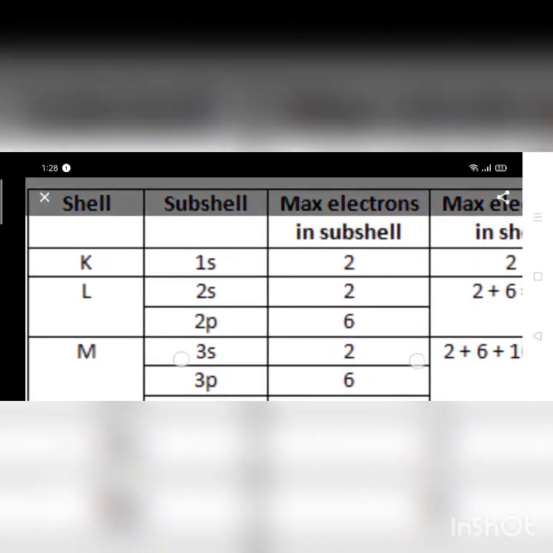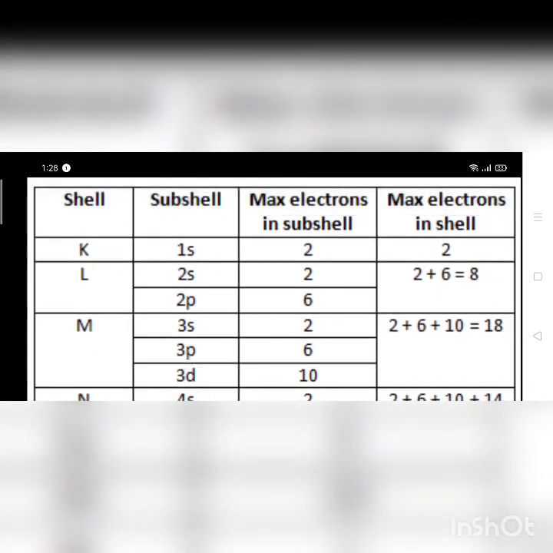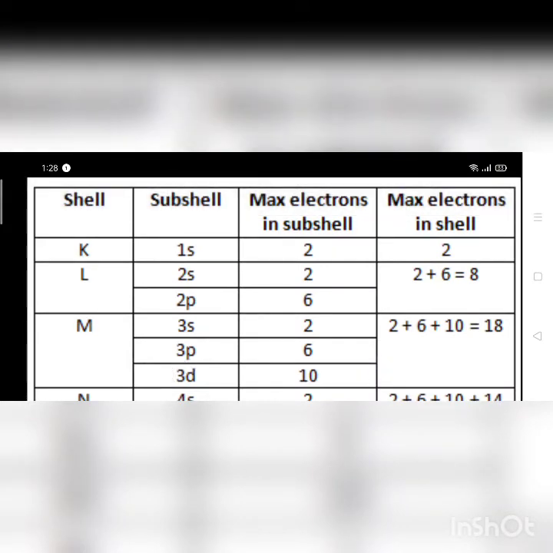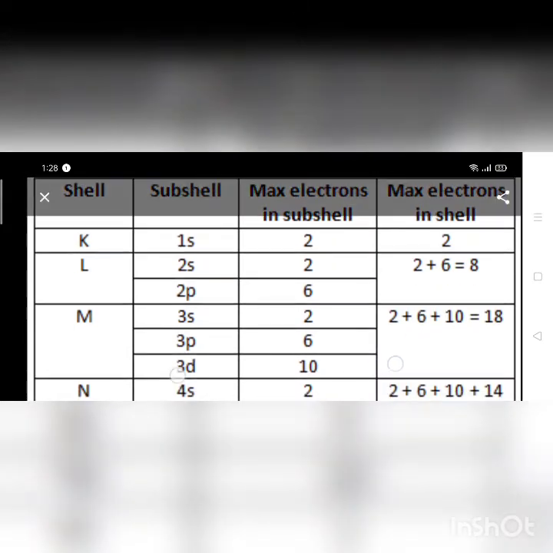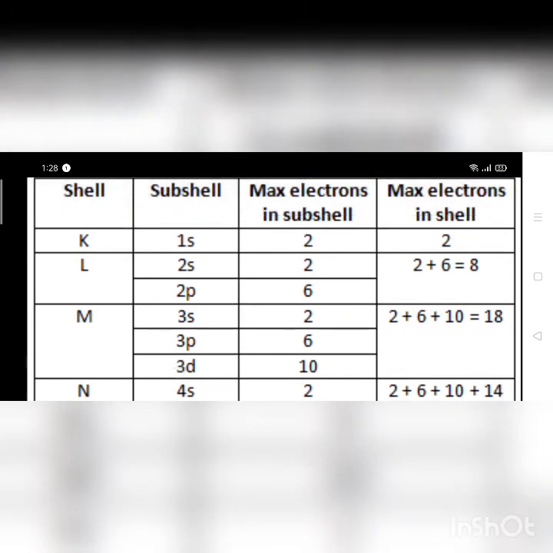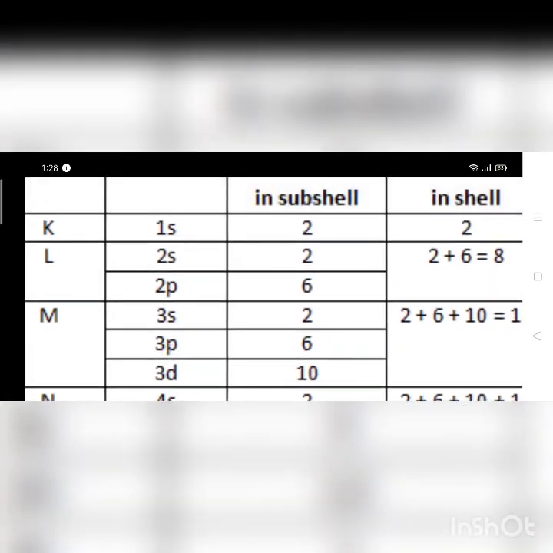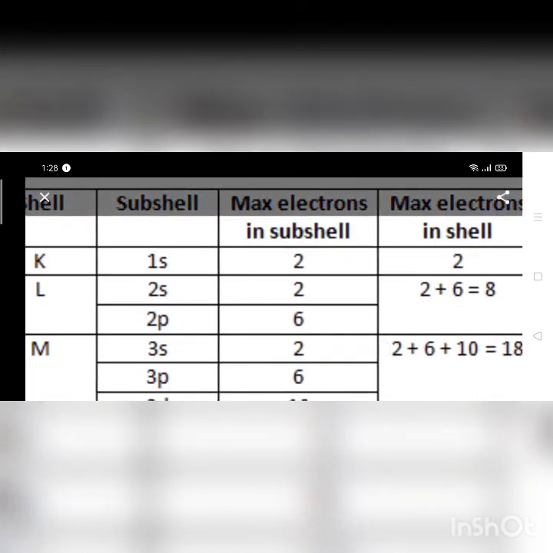Now we'll see the arrangement of electrons in shells and subshells around the nucleus in an atom. So the first shell, n equals 1, named K shell, has maximum 2 electrons. So 2 electrons will be present in S subshell, because S has maximum capacity 2.